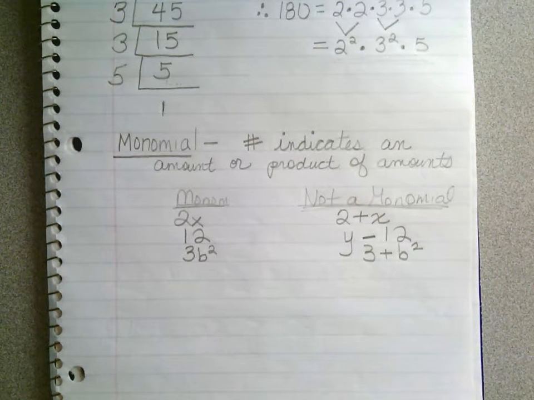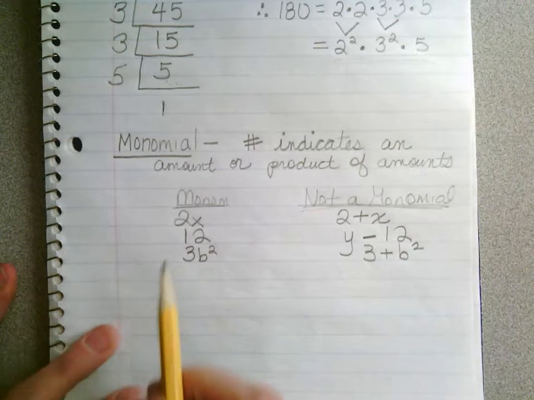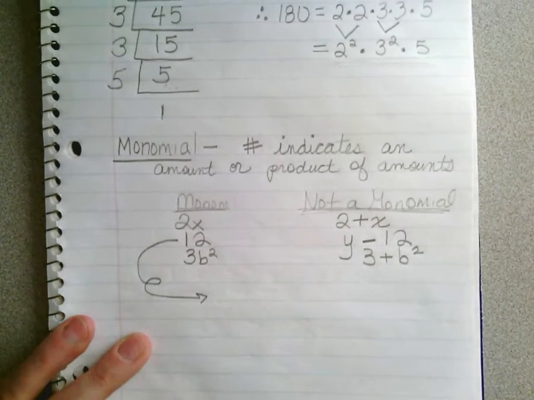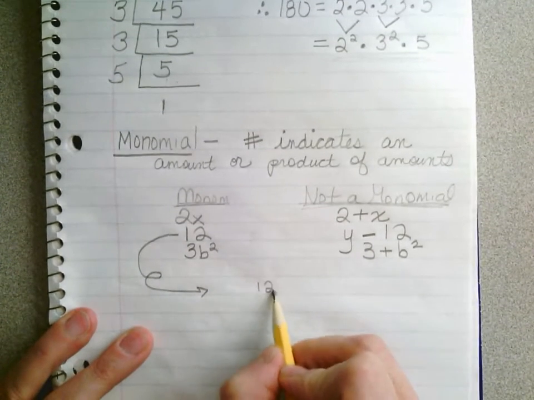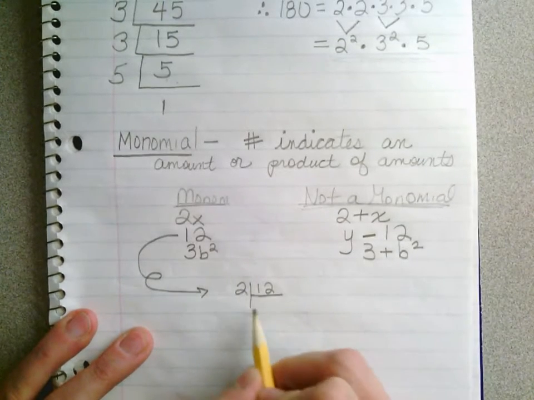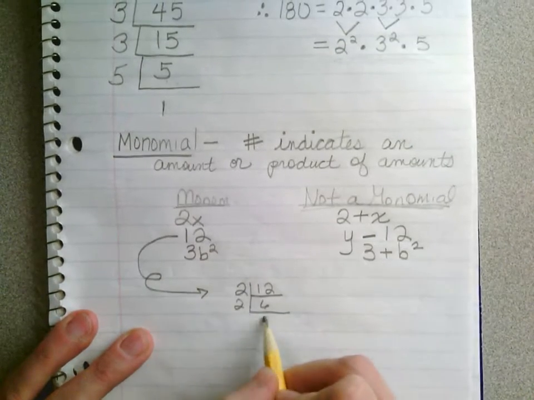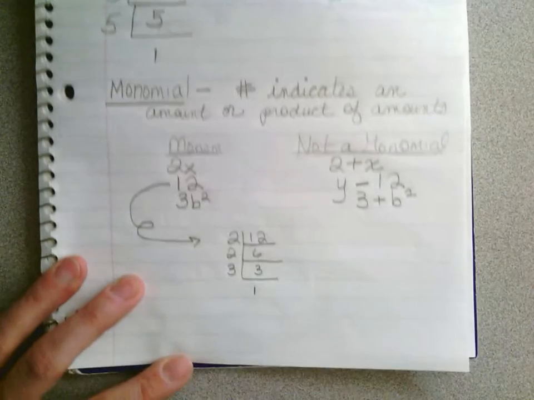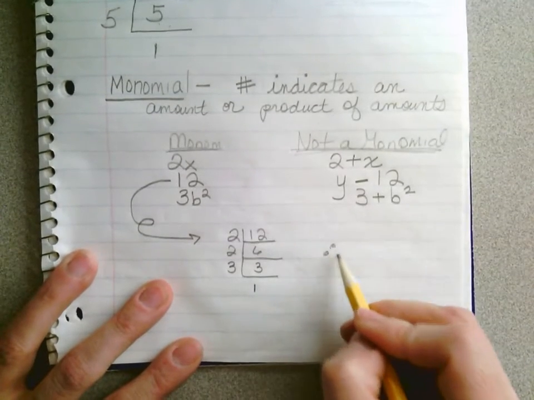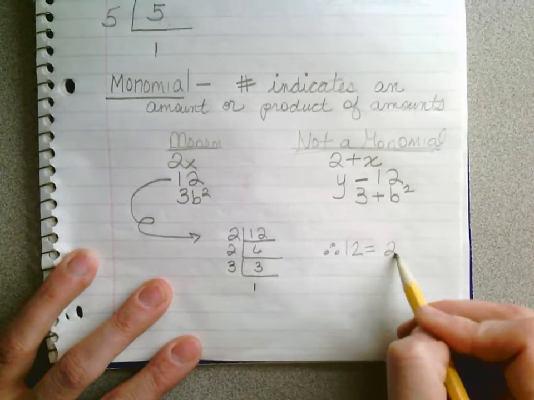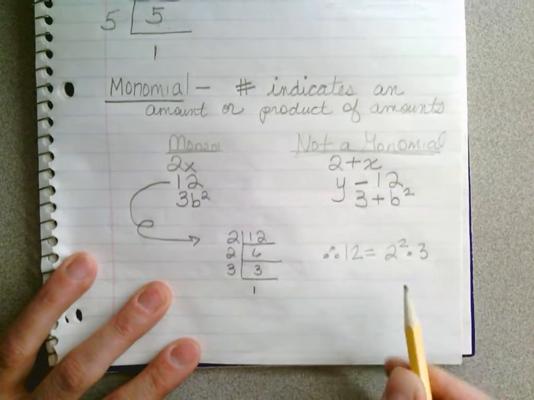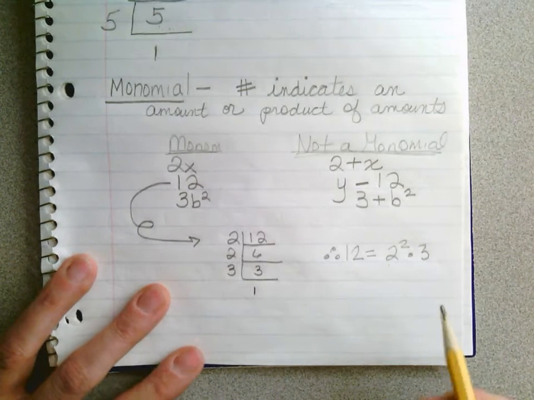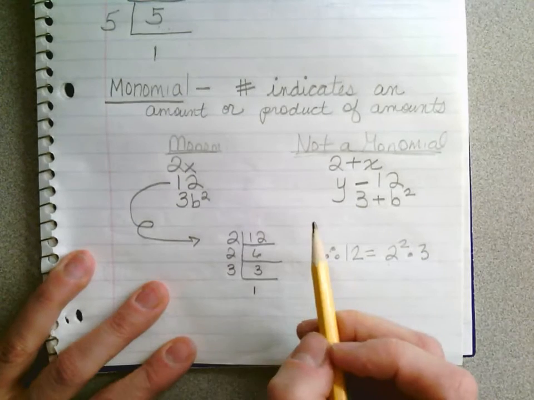Now, can these things be factored? You bet they can. Take, for example, the number 12, which is very simple, right? If I asked you to factor it using prime factorization, probably wouldn't take you long. Forgive me for being all speedy about it. Prime factorization of 12 is equal to 2 squared multiplied by 3. 2 times 2, which is 4, times 3, right? But what if I said